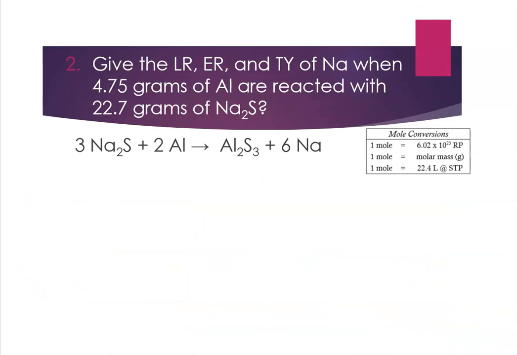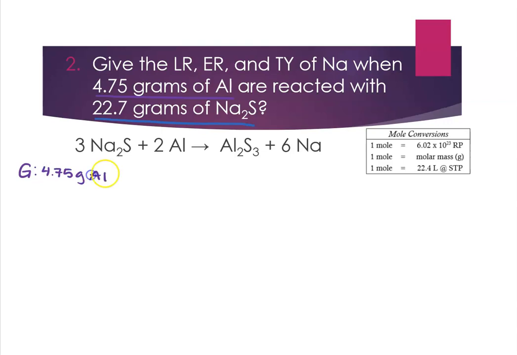So this says give the limiting reactant, excess reactant, and theoretical yield of Na when 4.75 grams of Al are reacted with 22.7 grams of Na2S. All right, so we are given here two pieces of information. We have the 4.75 grams of Al and the 22.7 grams of Na2S. All right, so let's start with